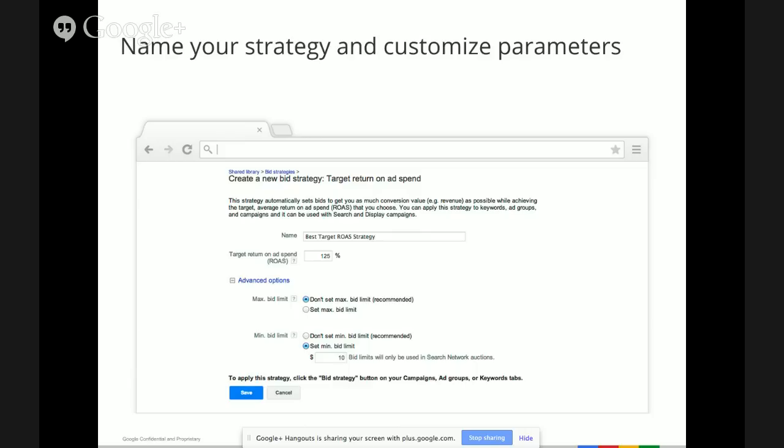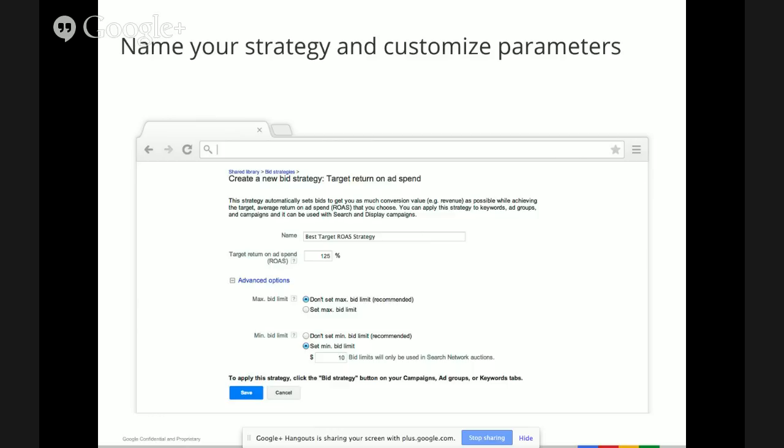And this is a little tricky. In this UI, we ask you for a percentage. When you're actually in the AdWords interface, the metric that you're looking at is conversion value over cost, which is effectively advertising profit, return on ad spend. We give you that as a number as opposed to a percentage. So if you get $10 in revenue for every dollar in ad spend, we'll report that as 10.0.